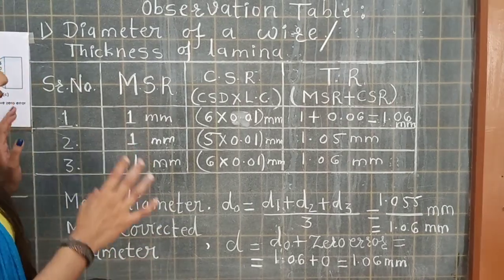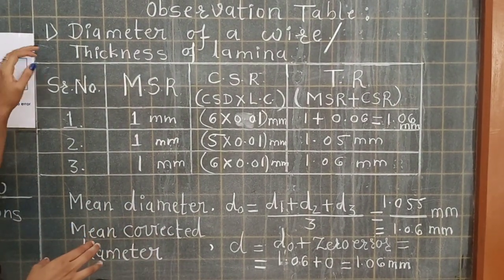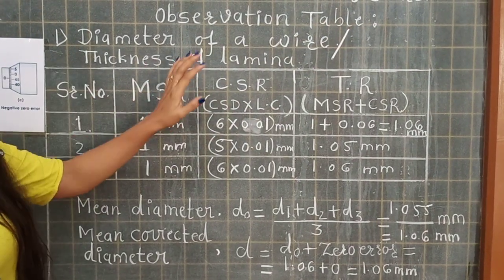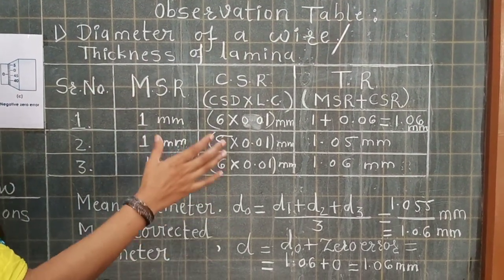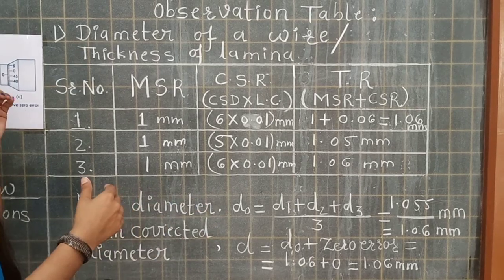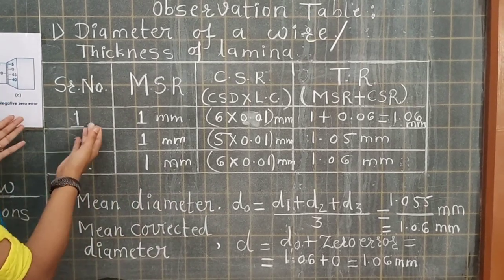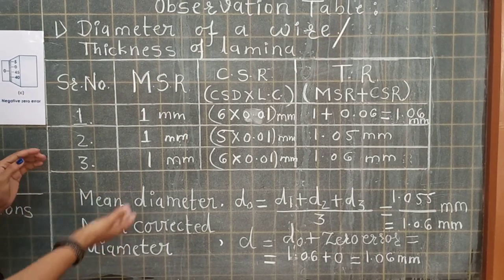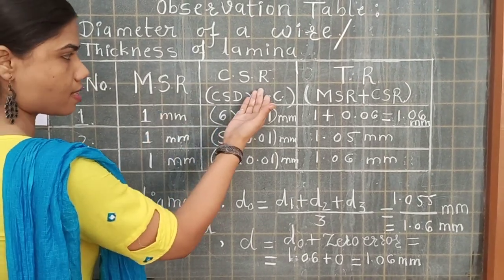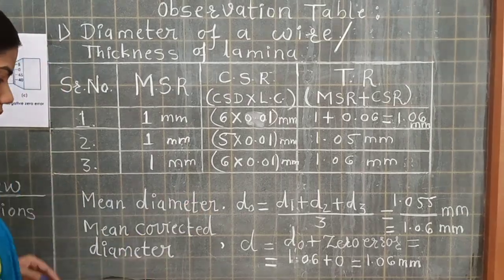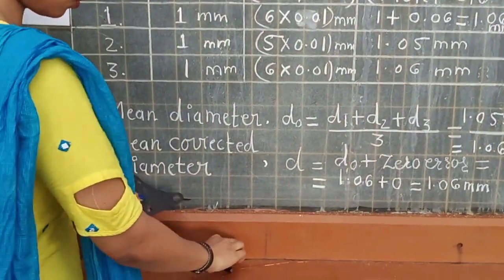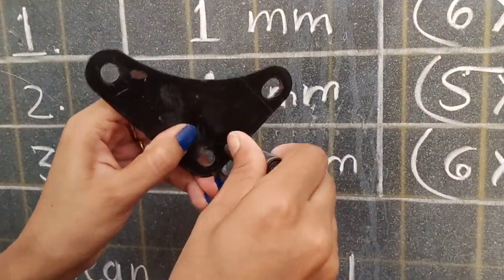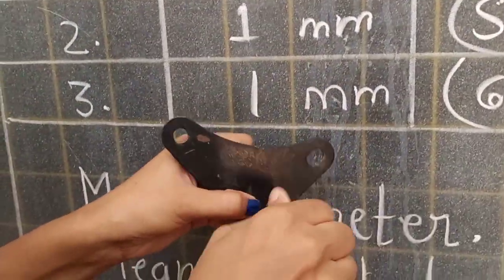Yes? So, another heading I have given here is the thickness of a lamina. You are going to use the same observation table for the thickness of the lamina. Again the serial number you are going to raise with 5 to 6 readings. Main scale reading will be there, CSR will be there, and TR will be there. I will just show you how to fix it, else you have got an idea, of course, that you are going to calculate it.